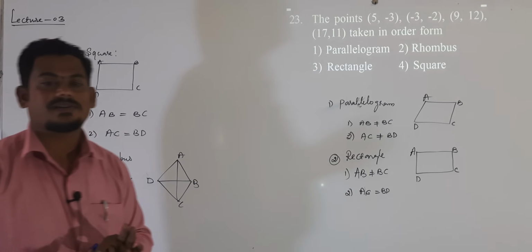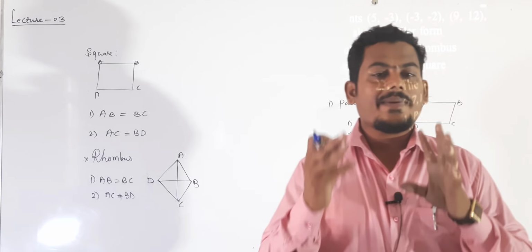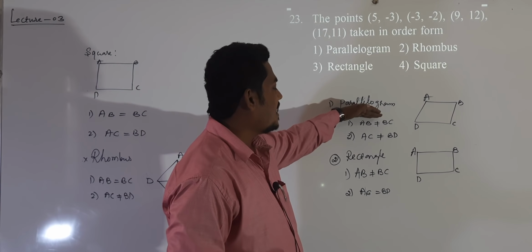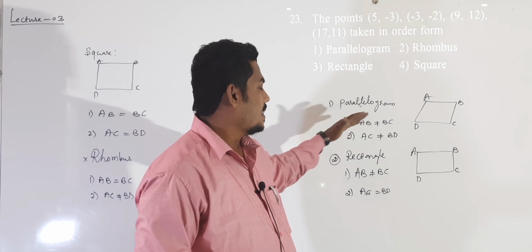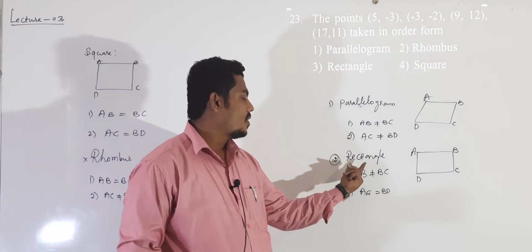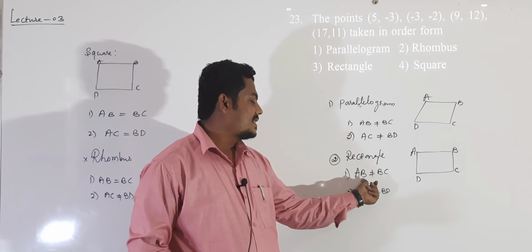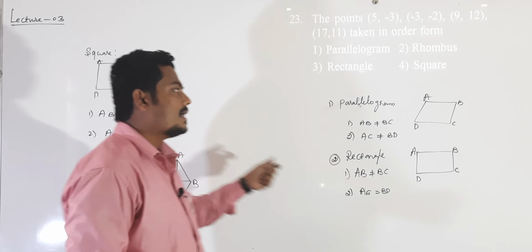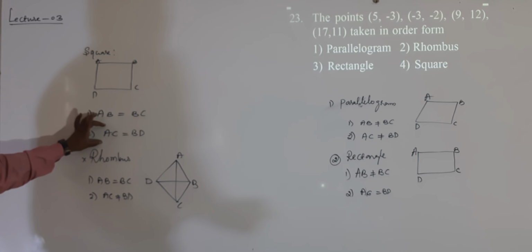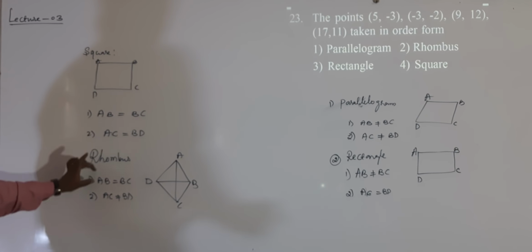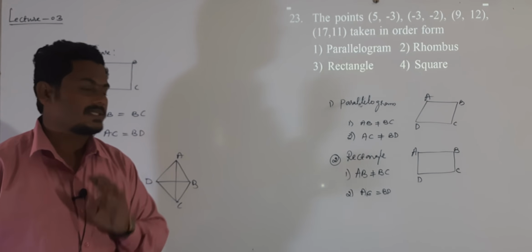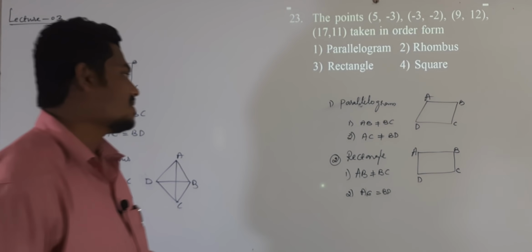About geometrical figures, about quadrilaterals. A given quadrilateral is said to be a parallelogram whose adjacent sides are unequal, diagonals are also unequal. A given quadrilateral is said to be a rectangle whose adjacent sides are unequal but diagonals equal. Then the condition for a square is adjacent sides equal, diagonals are also equal, then the quadrilateral is a square. Adjacent sides equal, diagonals unequal, then the given quadrilateral is a rhombus. These are the geometrical conditions for the quadrilaterals.